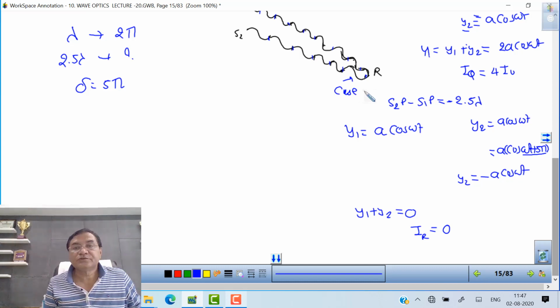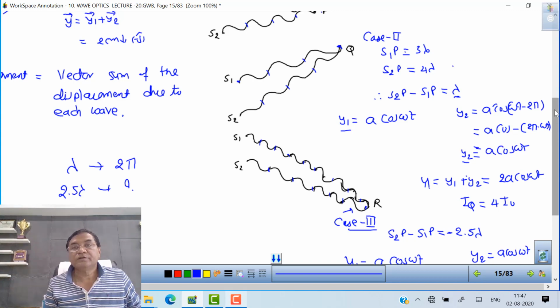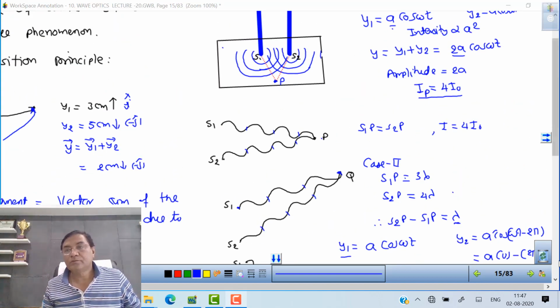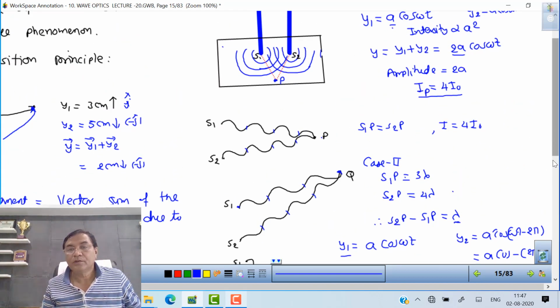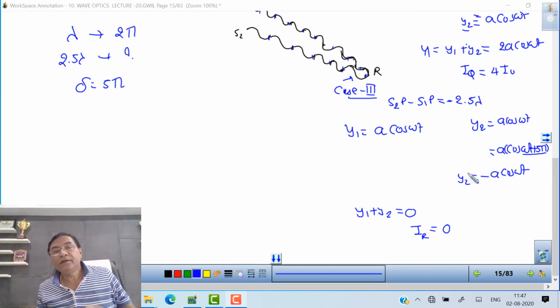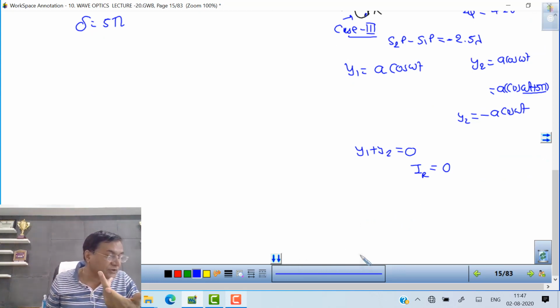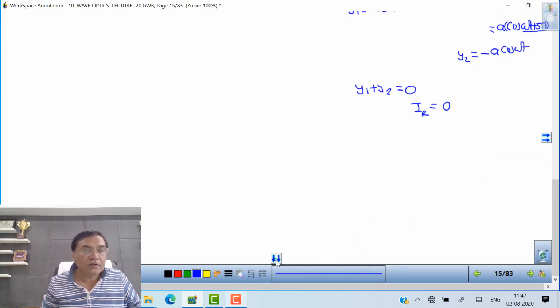This is case 3. This is case 2. And this is case 1. Understood? So intensity at R is 0. Why? Now phase difference is 5 pi. So from this we can further discuss,